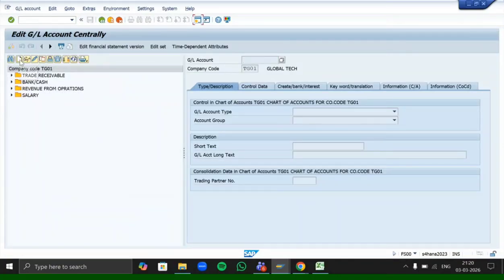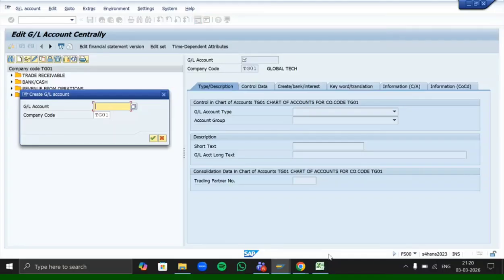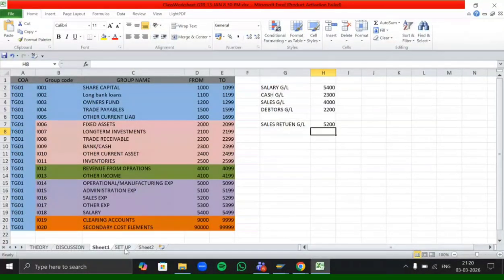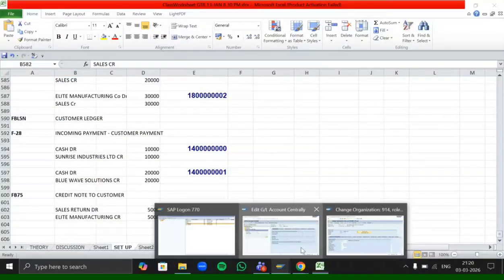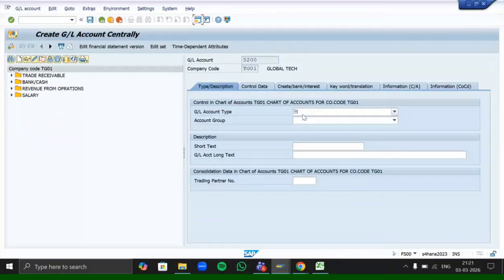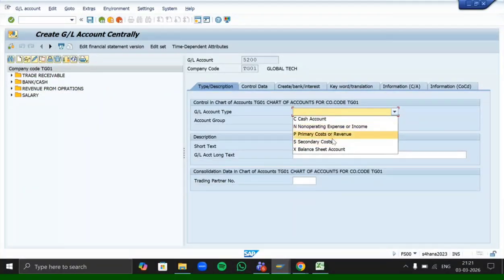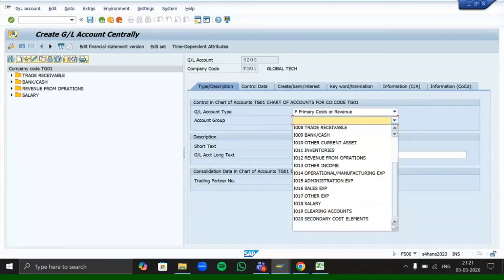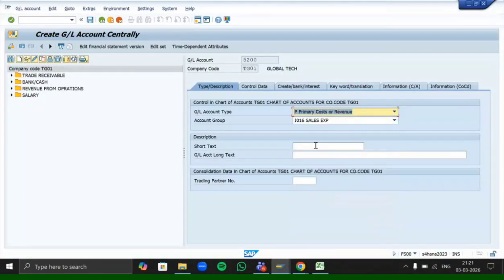Go to create option, mention your GL account number, that is 5200. Company code TG01, click OK. GL account type will be primary cost or revenue. Account group will be sales expense account. Short text will be sales return GL.